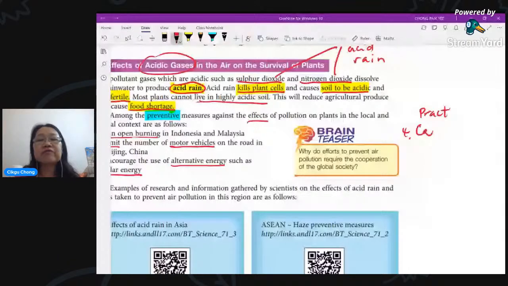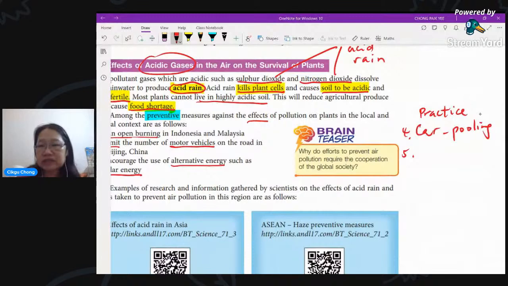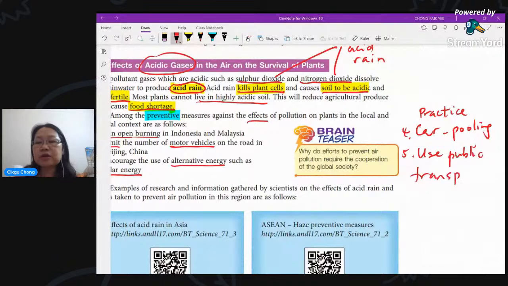Try to use a bicycle instead of a car to go to a nearby shop to buy something. And then you can use public transport. Try to use public transport rather than drive a car every time. This is what you can do. Or maybe you can also start a campaign in the school. So read the question carefully. Sometimes a lot of students will misanswer. They will say ban this, ban that. When they ask what you can do as a student, you cannot say ban. Be careful when you answer these questions.